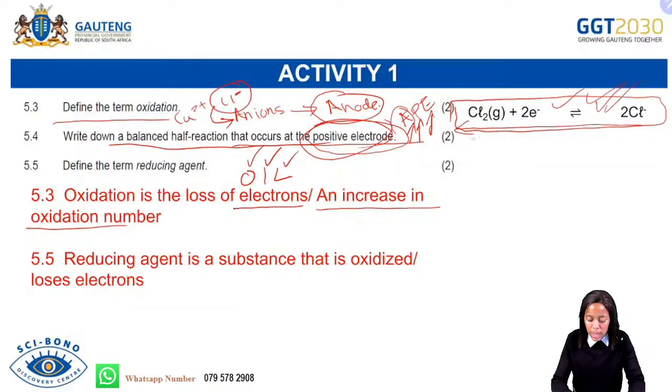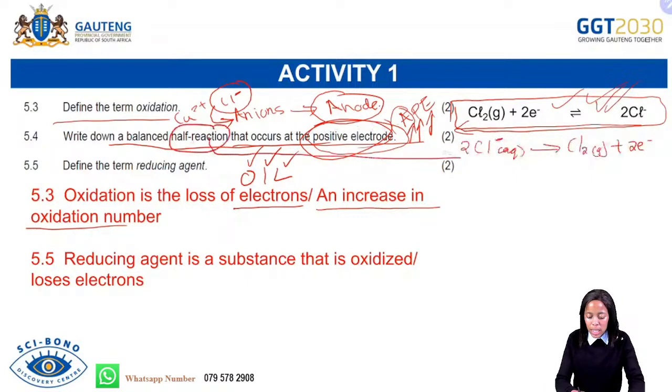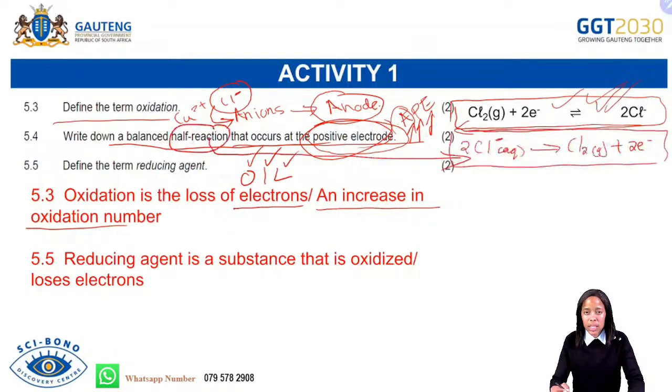So when you do that, you write it from the right to the left. You are going to have 2Cl minus aqueous to give us Cl2 gas plus 2 electrons. So this will then be representing the half reaction that is occurring at the anode, the half reaction in terms of oxidation. Then we have 5.5, which says define the term